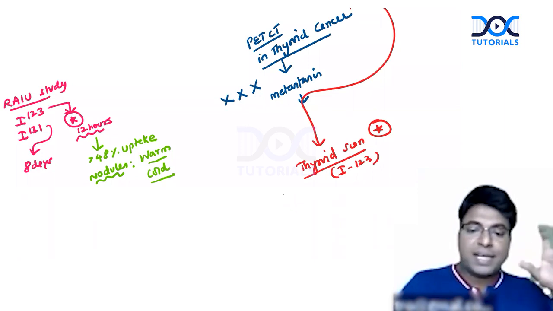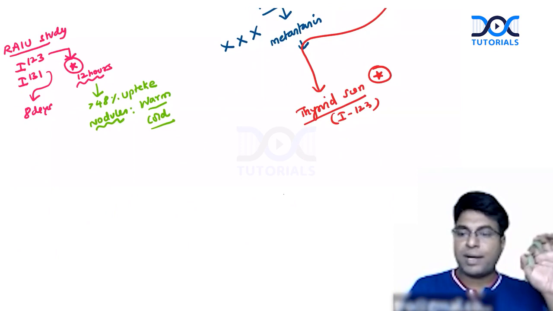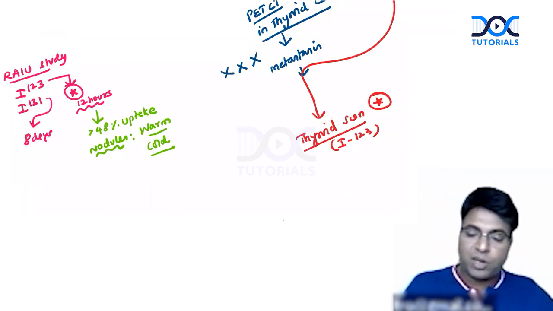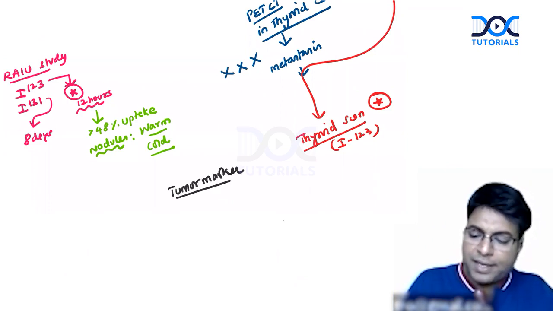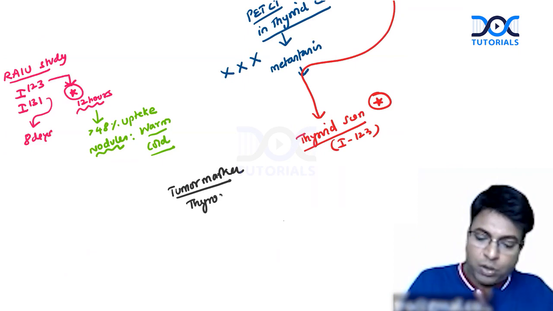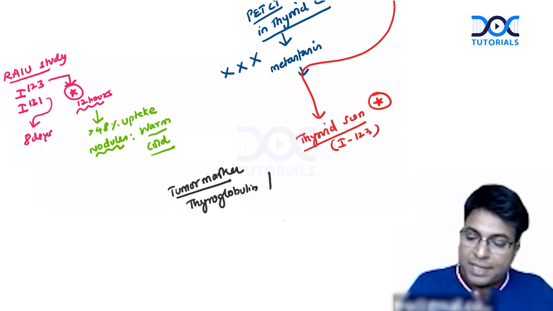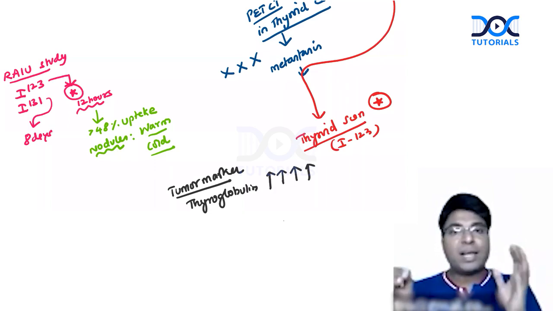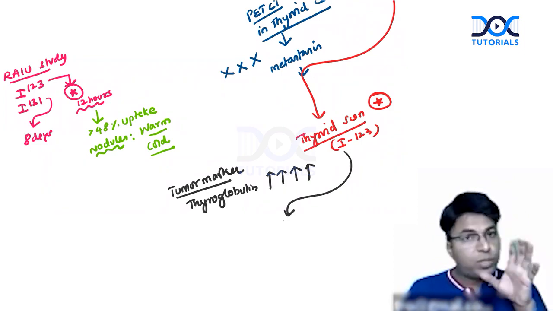So then what is the indication of PET CT? Why should I go for a PET CT? That is an interesting point. You should not forget the indication of PET CT in thyroid cancer. So what is the tumor marker of thyroid? The tumor marker of thyroid is thyroglobulin. So I am doing follow-up of the patient. Thyroglobulin is increased. For a papillary or a follicular cancer, there is a thyroglobulin increase. And I am suspecting there is a metastasis or a recurrence. Immediately I am doing an iodine 123 scan. That will show you the mets usually.